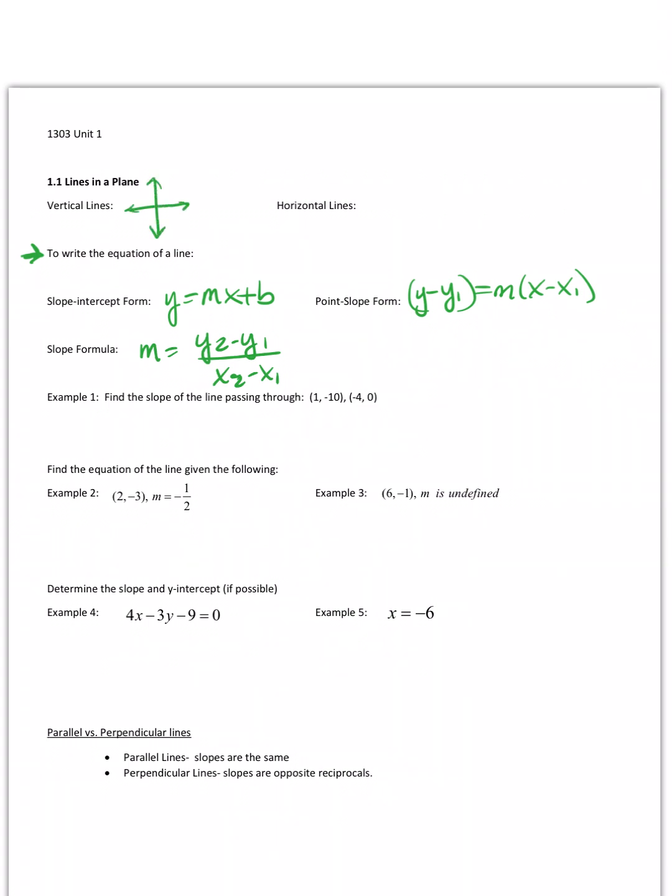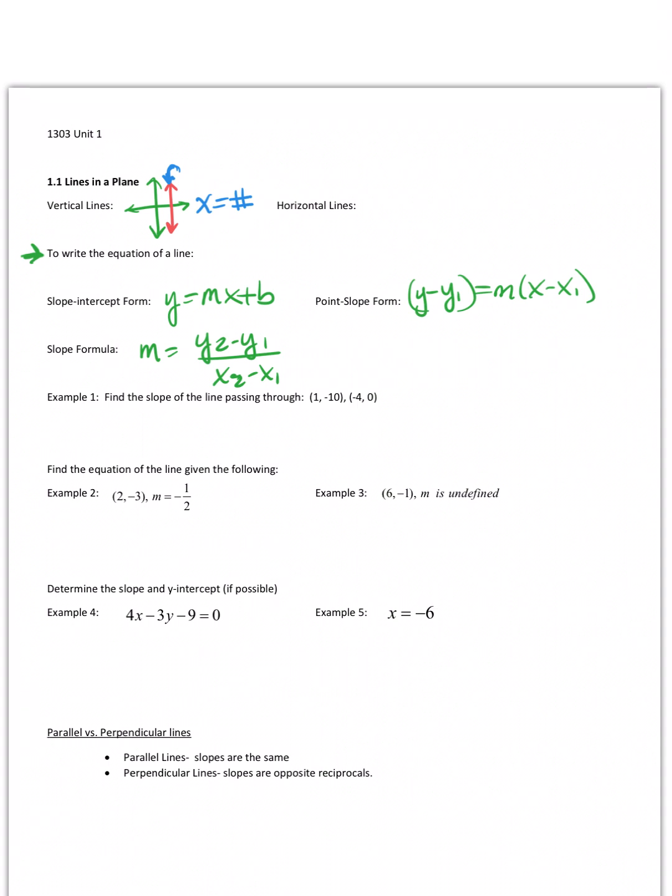A vertical line is a line that goes parallel to the y-axis. Now, when you write an equation of a vertical line, it doesn't match the y equals mx plus b thing because my slope is undefined. So anytime it's a vertical line, it's x equals some number, and it's wherever it crosses the x-axis. So I have to stop and think, okay, which axis is it crossing? X. So it's an x equals equation,